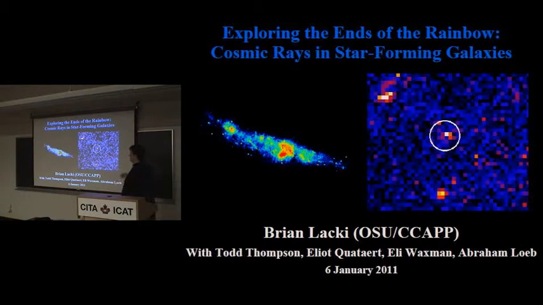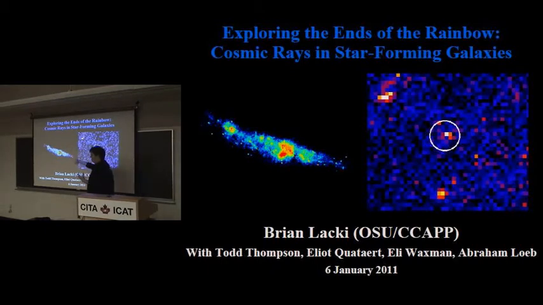So this is my work on cosmic rays and star-forming galaxies, and these cosmic rays are responsible for the emission from star-forming galaxies at the highest and the lowest energies in the radio and in the gamma rays. So you have M82, and on the left you see it in radio. In radio it's resolved. This is the inner starburst region of M82, and in addition to